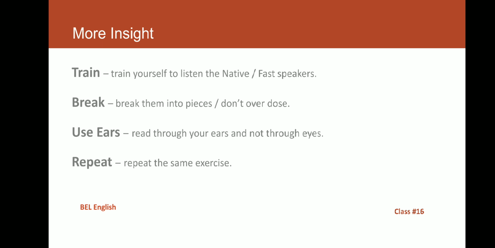So this exercise will definitely benefit you in understanding how a fast speaker pronounces each term. Contractions and shortening of terms are used when making a fast conversation. So that is where you break them down into pieces, understand them and read them through the ears, which helps you get the cracks of how it's used by the native speaker or a fast speaker. I believe I have covered what has to be covered for this lesson.